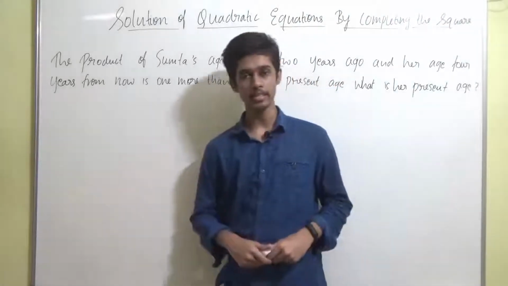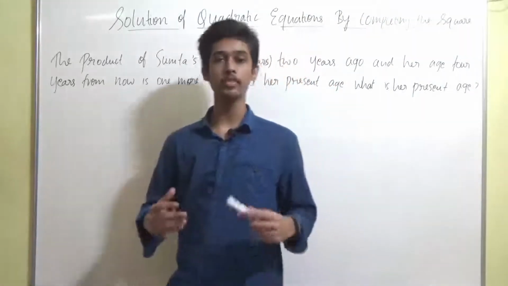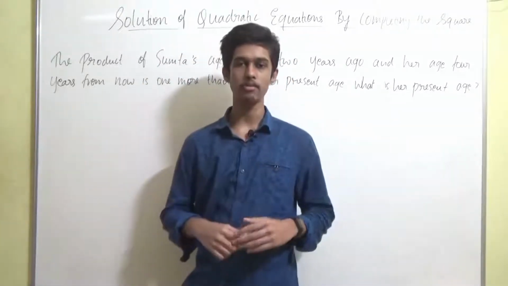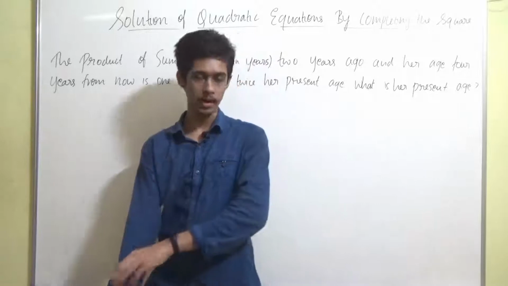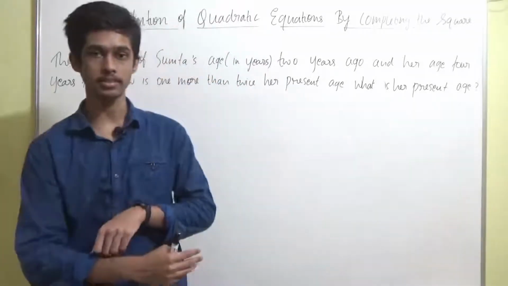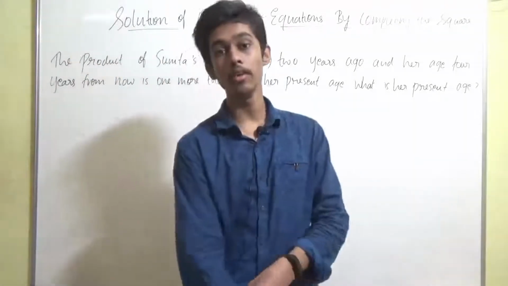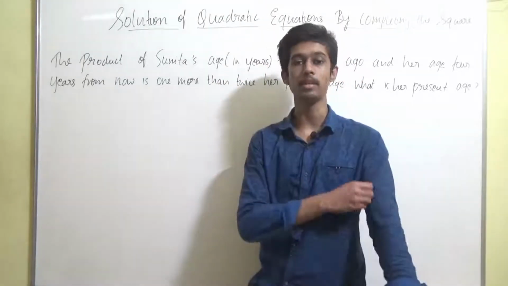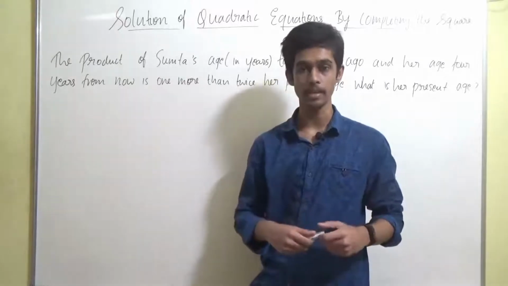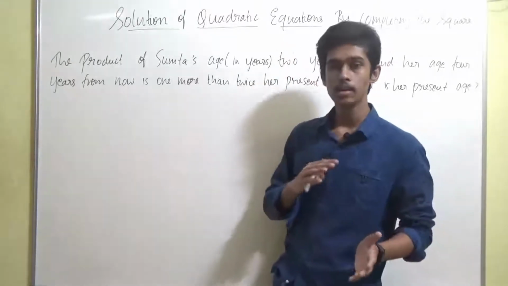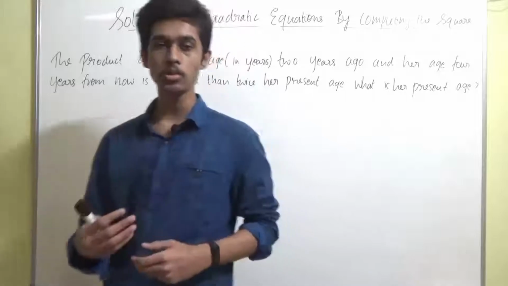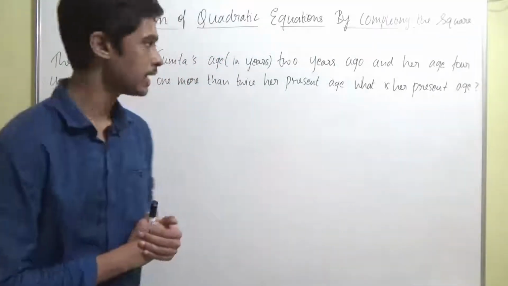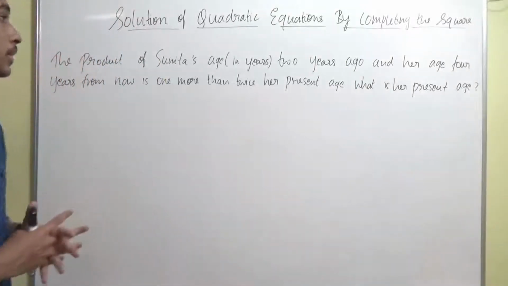In the last four lectures, in the first two lectures we saw how to formulate a quadratic equation with the given conditions, with the given statements. And in the last two lectures, lecture number 3 and lecture number 4, we learned the first method to solve the quadratic equation, that is the factorization method, or the method of splitting the middle term. We also learned the concept, and in the last lecture we solved the entire exercise 4.2, which is based upon factorization of quadratic equation.